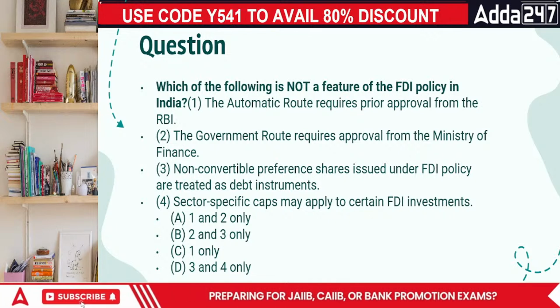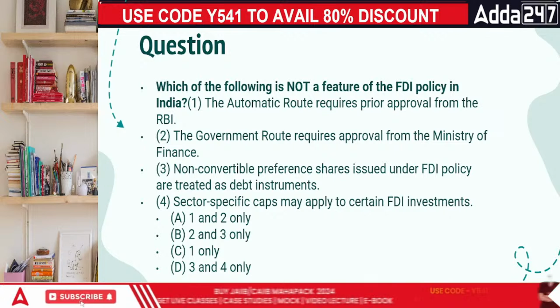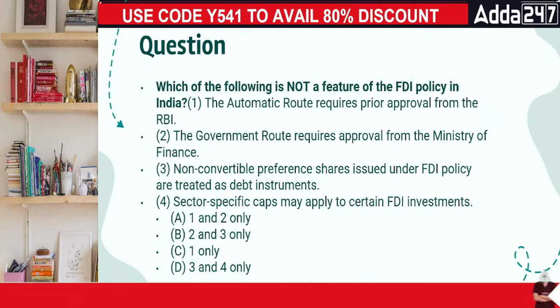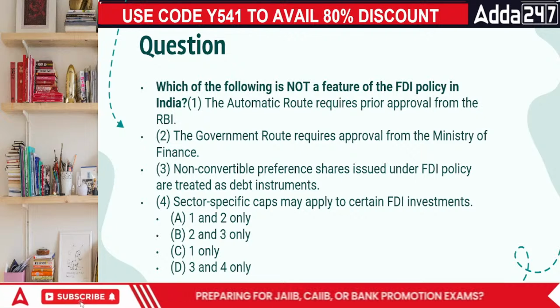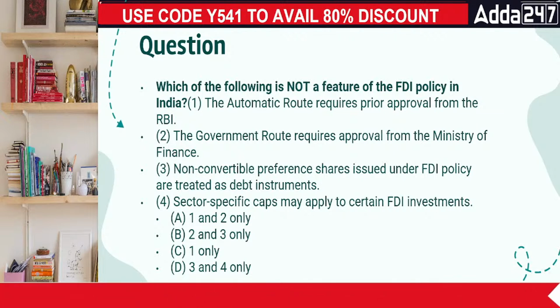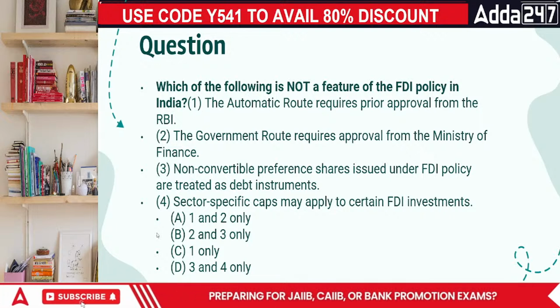The automatic route requires prior approval from RBI. Agreed. Automatic route has a specific thing called the liberalized remittance scheme, where one can actually send money outside India, up to $250,000. The government route requires approval from the Ministry of Finance. Is that true? Maybe it is